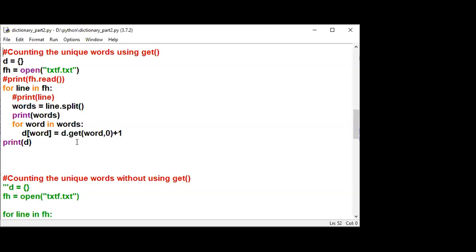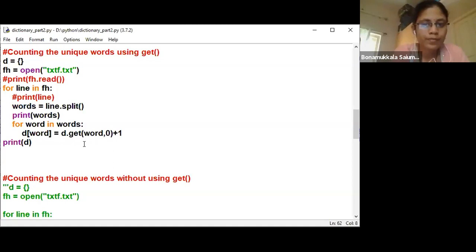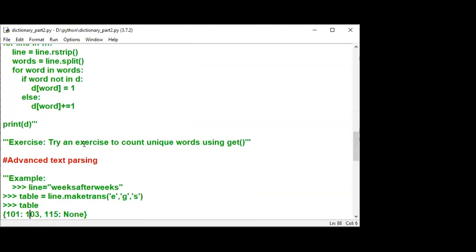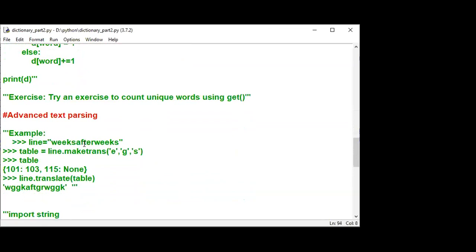I think you all have understood this program, right? Understood. Now we are getting into the advanced text parsing. Before getting into it, I'll tell you the meaning of advanced text parsing. The difference is whatever we have seen here. I want expect without exclamatory mark or with exclamatory mark to be treated as the same word.